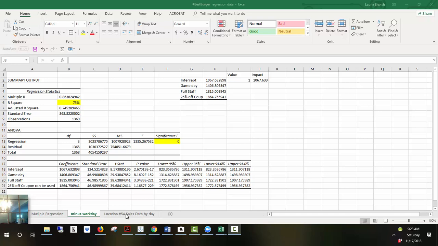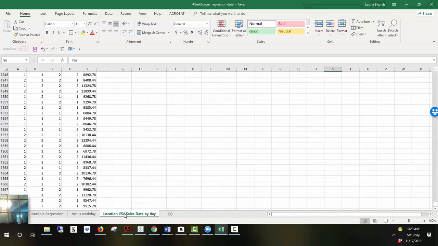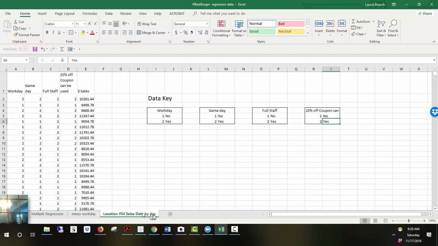So first of all, remember regression is the tool that we're going to use to identify whether there is a relationship between the independent variables, the variables that we think might affect our dependent variable, which is the thing we're trying to predict. So I've got some Best Burgers data for location number 54, which is right down by the